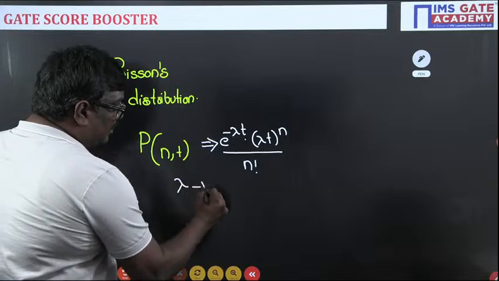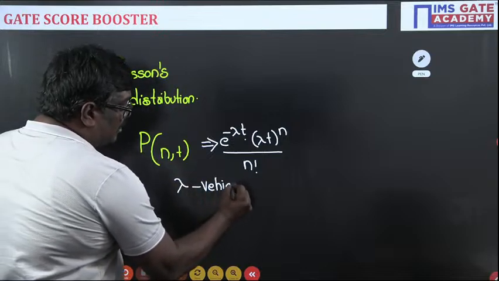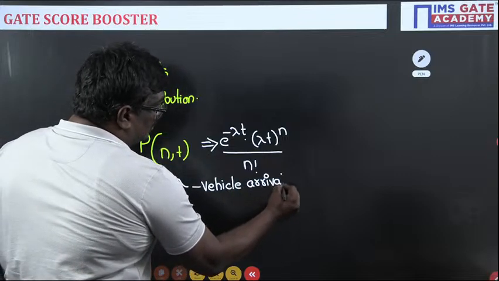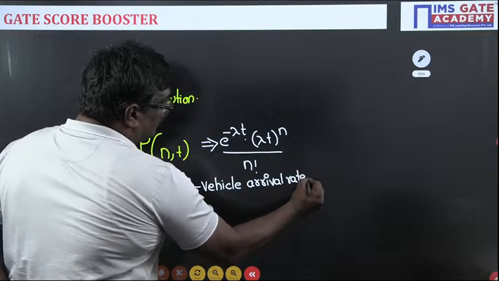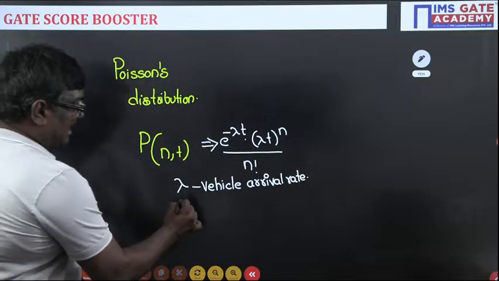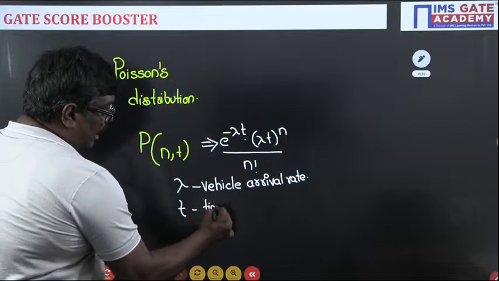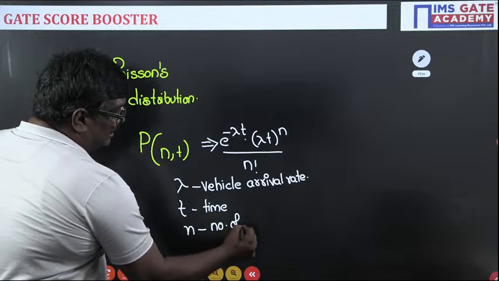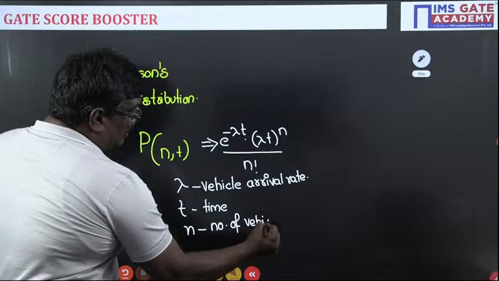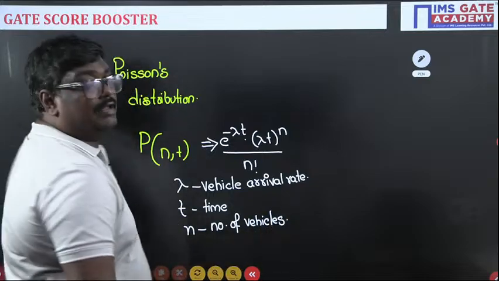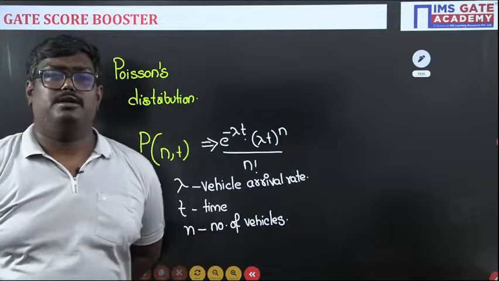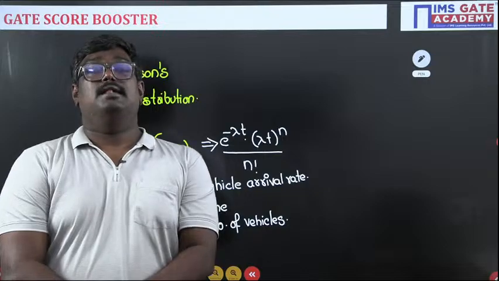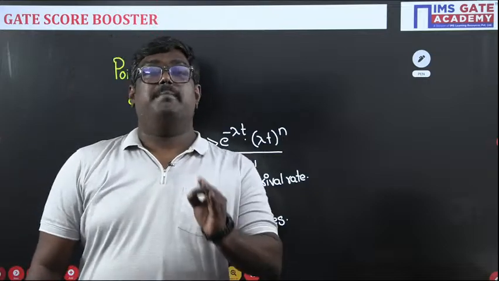Lambda is nothing but the vehicle arrival rate. What is lambda, students? Lambda is nothing but the vehicle arrival rate, where t is the time and n is the number of vehicles. And remember, my dear students, this is a very important key point. If the number of vehicles is not given in the problem, you have to assume that the number of vehicles is